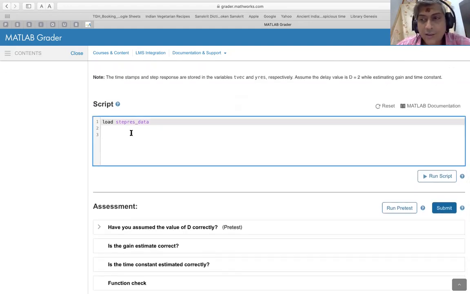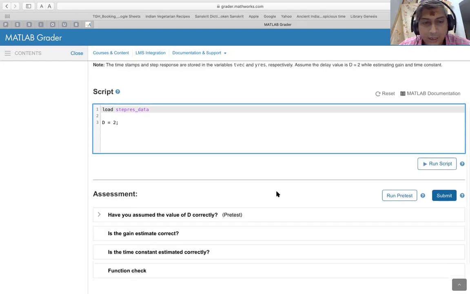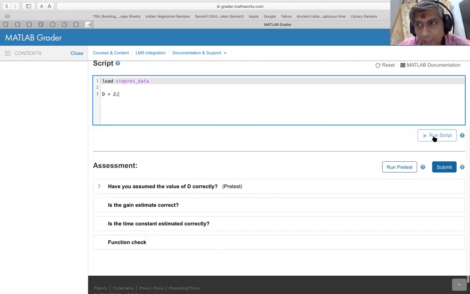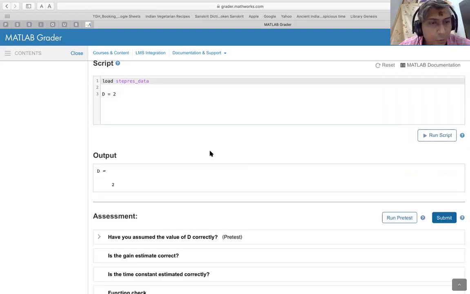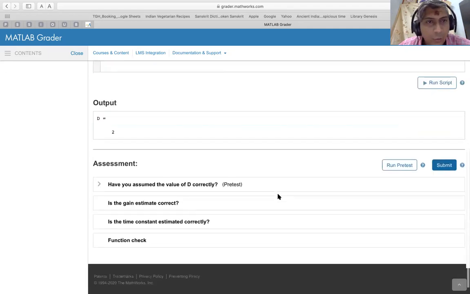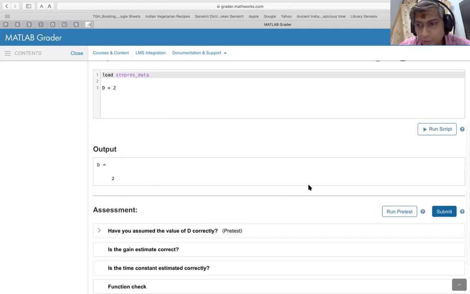So in this case, there is no code written by the learner yet. Remember, this is a learner preview. But suppose I type here the mandatory value of D equals 2. This is a script because I at least want to make sure as a learner that I pass the pretest, and I run the script here as a learner. This is the output that I see. I remove the semicolon so that the output can be echoed.